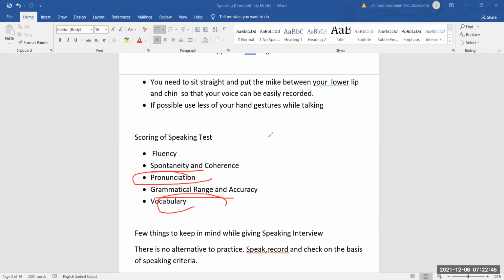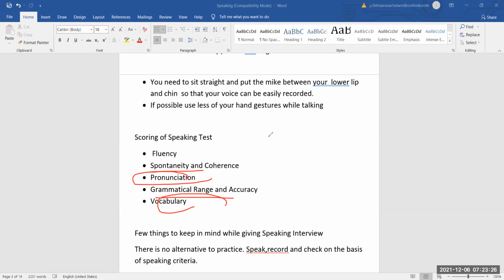It could be anything. Please don't come up with a lot of negative things. That's important. And then you have to just share your ideas clearly, with the usage of better vocabulary and sentence structure. And finally, please avoid suffering from anxiety or nervousness. Okay, please carry a warm smile. That's a really vital thing, because there are some students who are so good at speaking, but during the real interview, because of this nervousness, because of this anxiety, they scored very little. So make sure that you get rid of all these things.